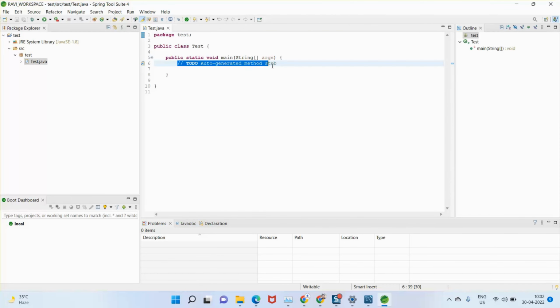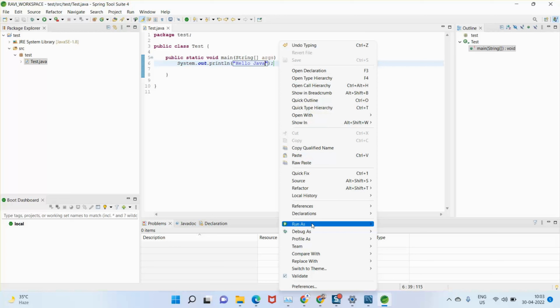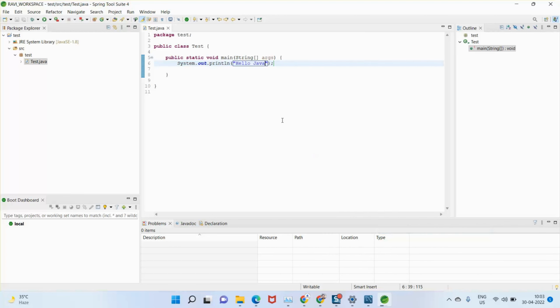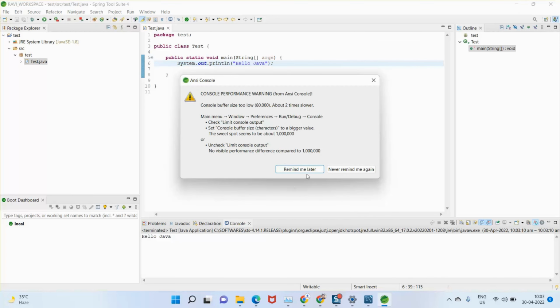Good, good. So, hello Java. It feels nice when you write any program. Great, working fine. So I will configure this more